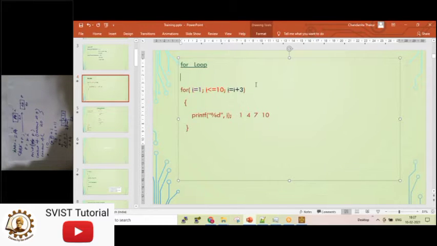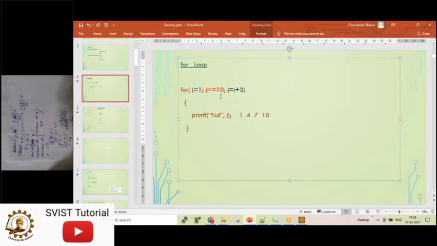But when the condition is like you want to print so many things, you want to perform so many operations, and there is nothing much like i equals i plus 3 or i into 2 plus 3, you can take here j, that much complication is not there. Simply you want the loop to be executed, so you can go for a while loop. Like you want to write so many lines of code and just want it repeated, usually in that case we will go for a while loop.